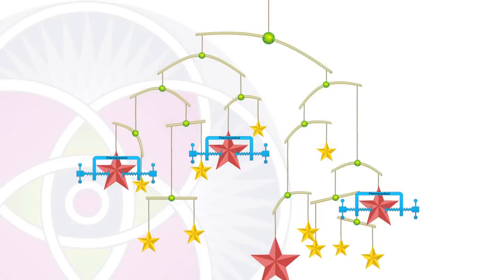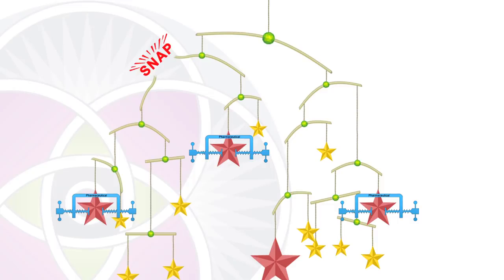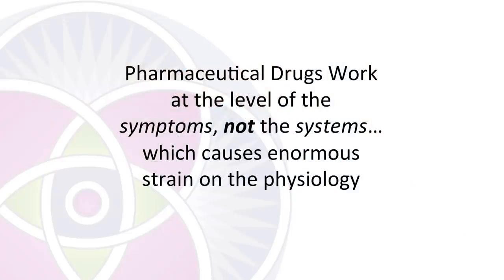Perhaps it's something as simple as a cold or a little virus, or some kind of drug interaction that you didn't anticipate, and now something breaks. This system is under so much tension and so much stress that the oscillations would be huge, and you might find yourself in the ICU under life support. So in a nutshell, pharmaceutical drugs work at the level of the symptoms, not the systems, which causes enormous strain